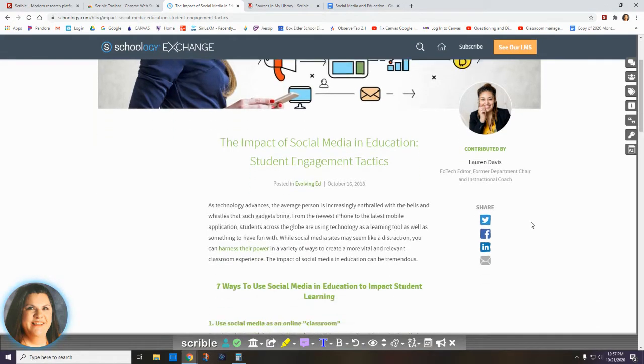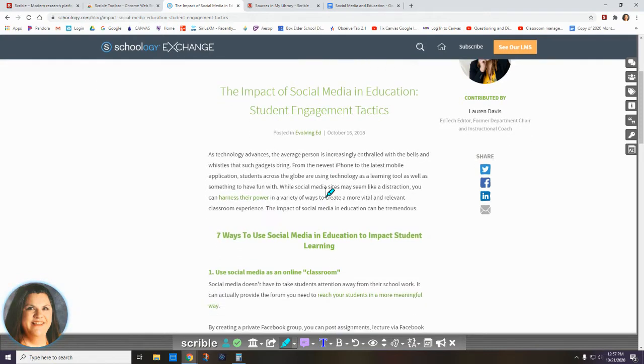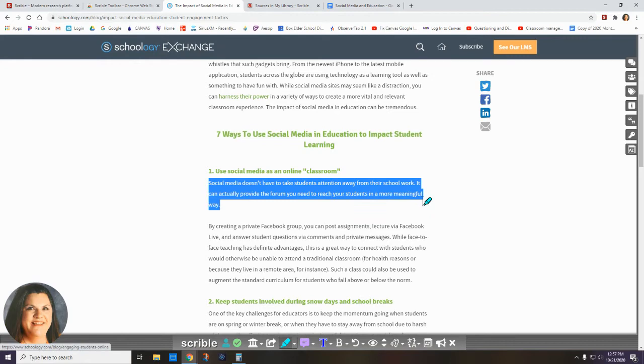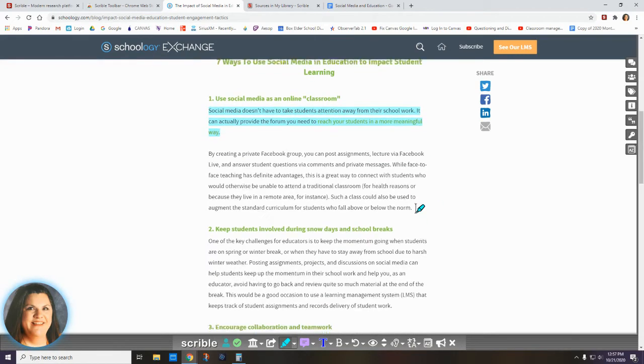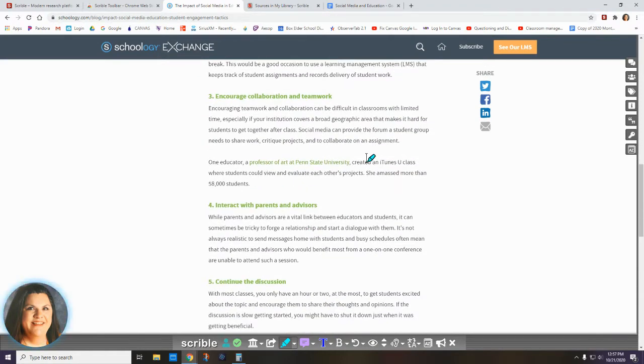One of the tools that is very useful is the highlighter. You can change colors with the highlighter. And any information in the article as you're reading or your students are reading, they can highlight and it will save that for them. So start doing some highlighting. You can see it immediately starts to save it. You can go through the article and highlight anything